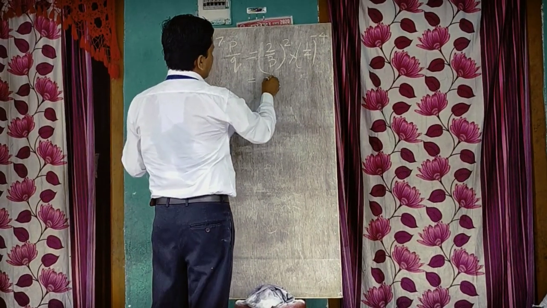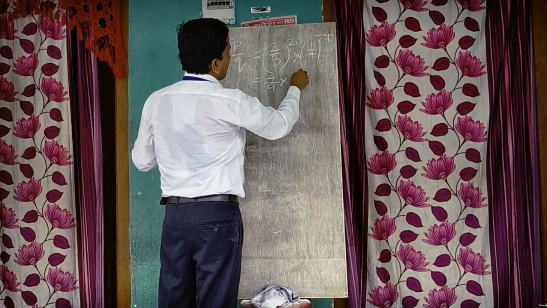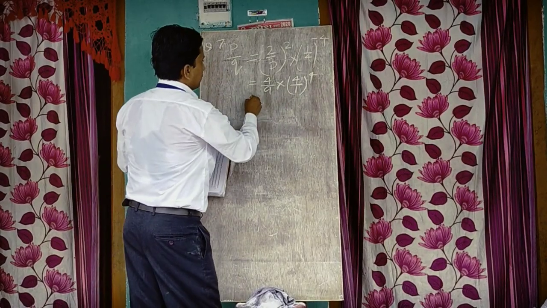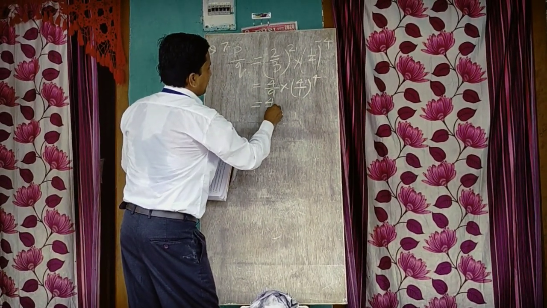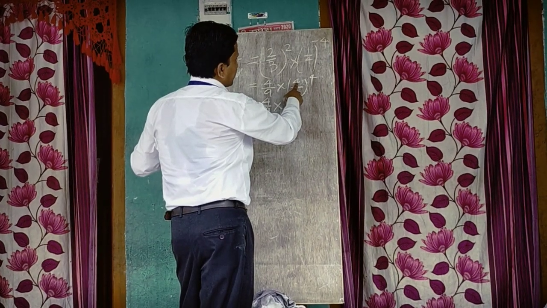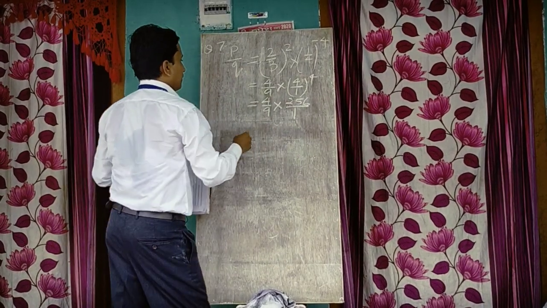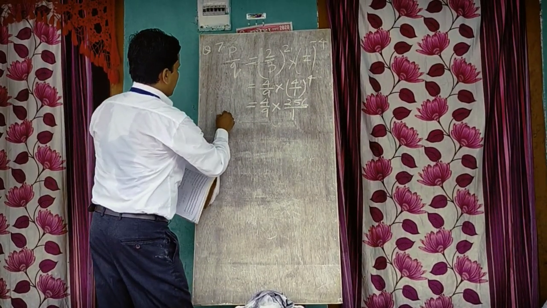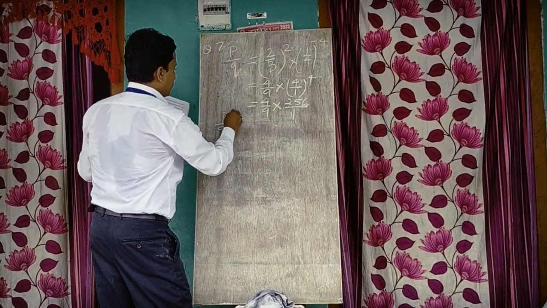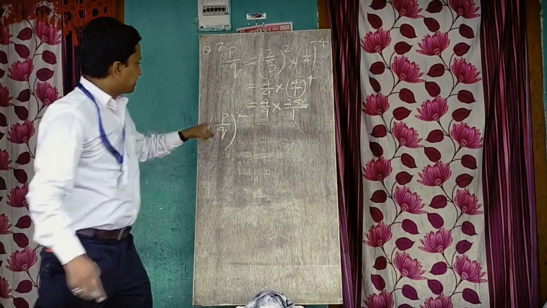It is 4 by 9 into, what is the meaning of this? This meaning is (4/1)^4. Now 4 by 9 into 4 fours are 16, 4 sixteens are 64, 4 sixty-fours are 256 by 1. Now what have to find? You have to find (P/Q)^-2. You have to find the value of this.